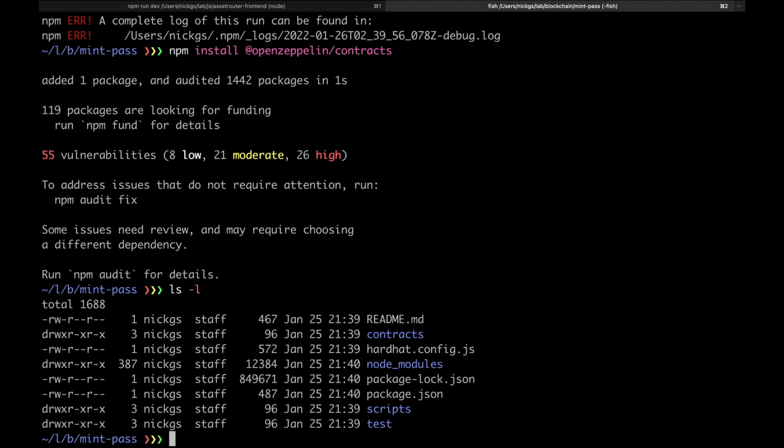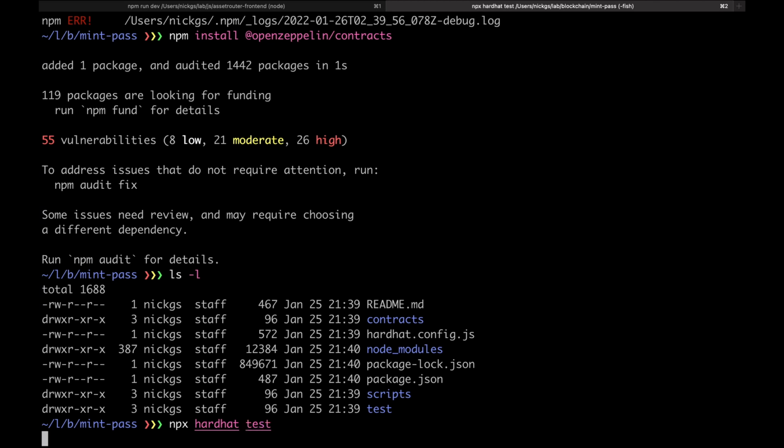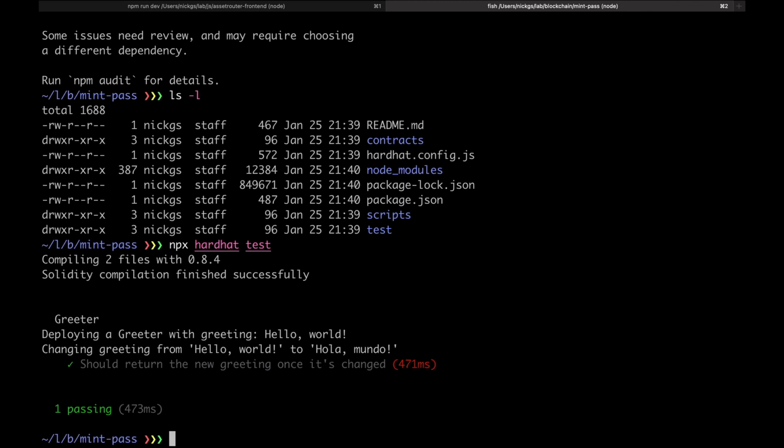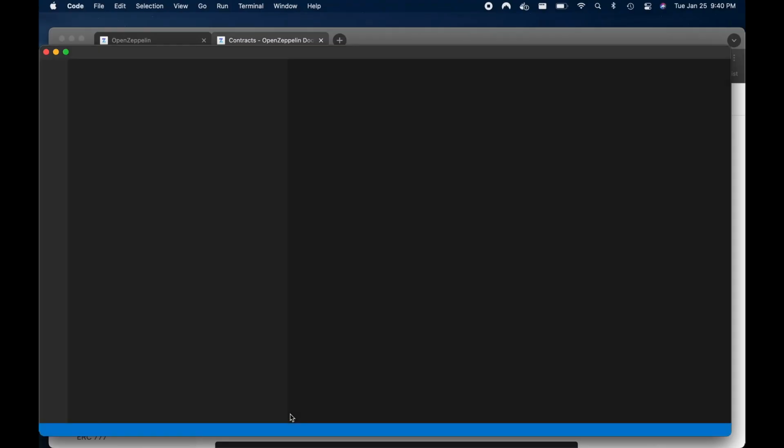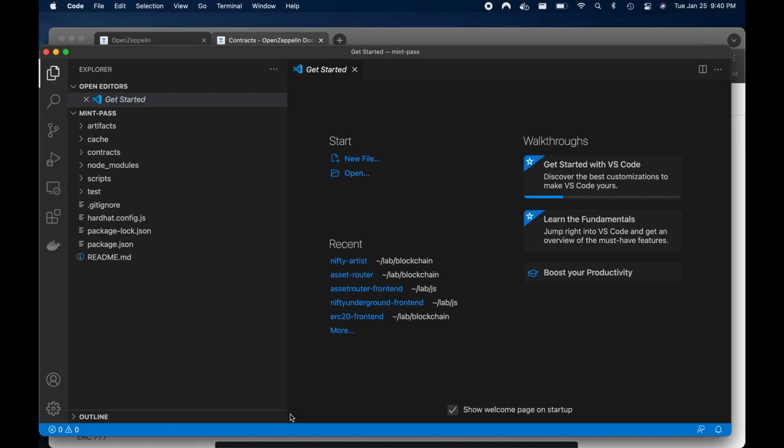Okay, so now we should have a nice little directory structure here, and we should actually have a test contract there that we can pass. It comes with a little greeter contract that we can go ahead and test. So there we go. We're compiling a smart contract, and we have OpenZeppelin. Let's go ahead and open up VS Code. Now the first thing we're going to want to do is define an 1155 contract that's going to represent the Mint Pass. So we'll go into our contracts,